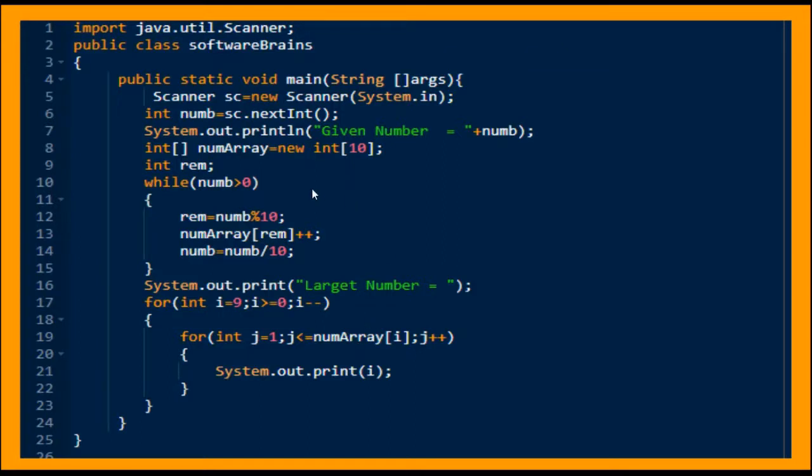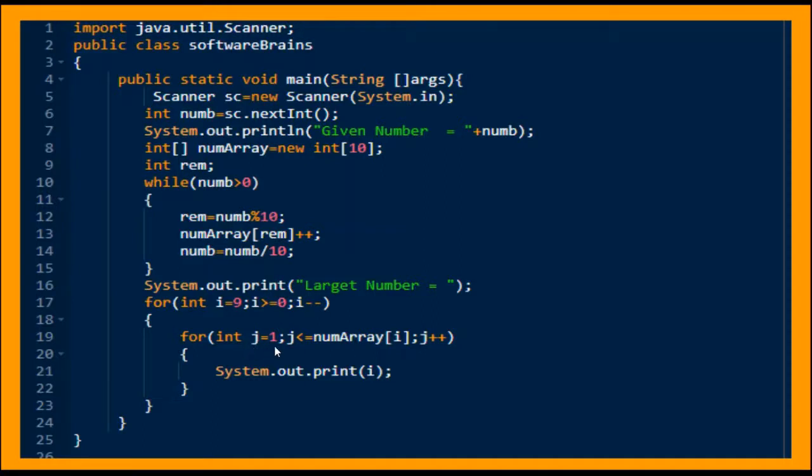Suppose you have an array 0 1 2 3 4 and 4 has come 2 times, so 4 needs to be printed 2 times. That means j checks the value at that index and i is your index position. For i equal to 4, you need to print 4 two times. Hence, you have incremented 2 times. Same logic we are using here.